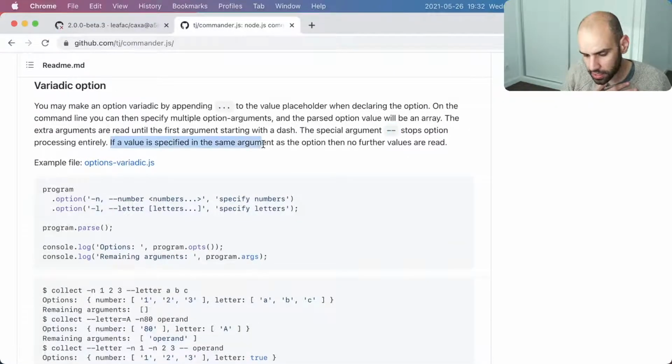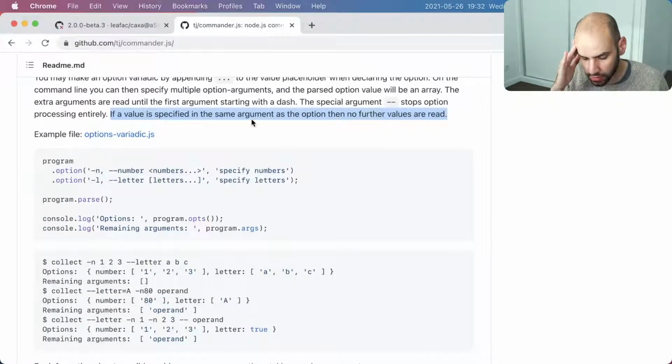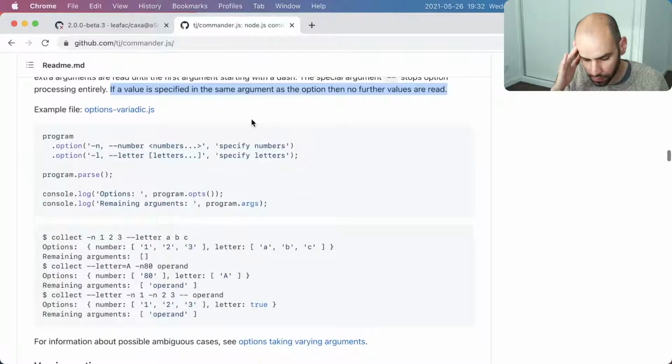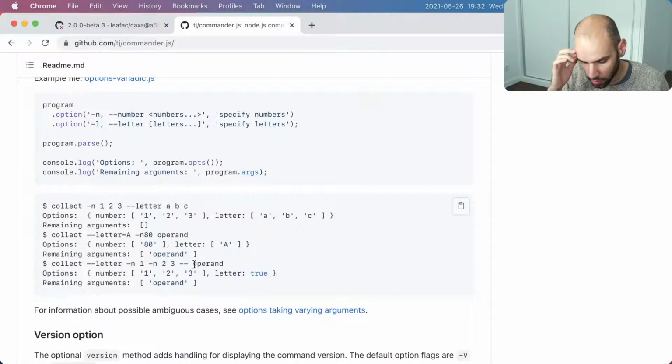This makes very little sense to me. But in any case, we are looking at operand. Oh, for more information about possibly ambiguous cases, that's exactly our issue. It's the ambiguity that happens here.